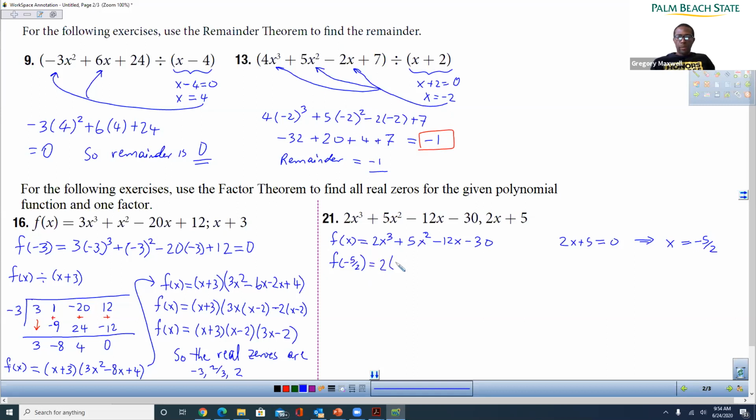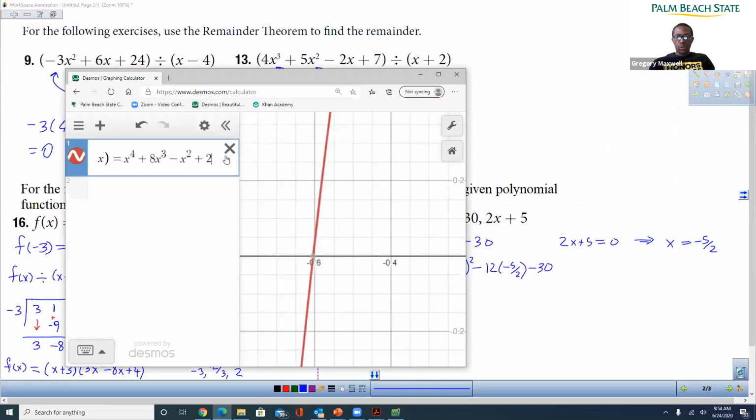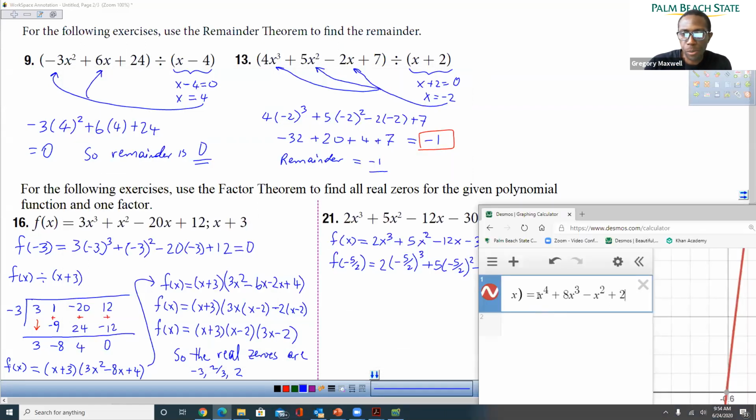So we have 2 times the cube of negative 5/2 plus 5 times the square of negative 5/2 minus 12 times negative 5/2 minus 30. Because I don't feel like doing it in my head, I'll do it on Desmos. 2 times negative 5/2 cubed